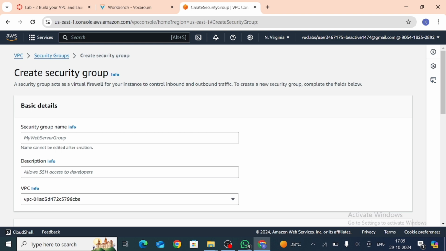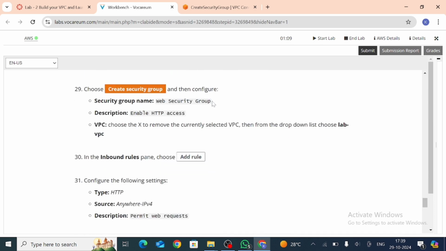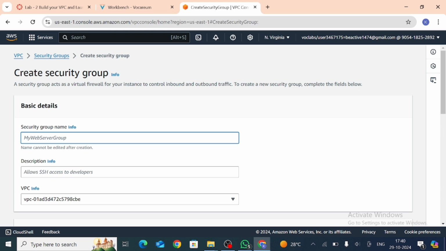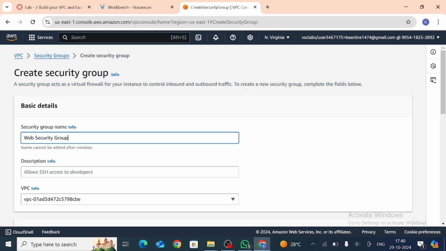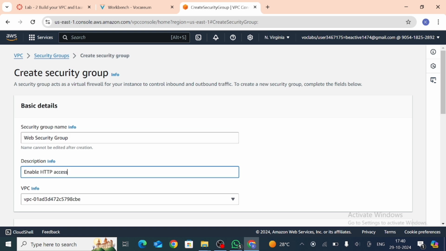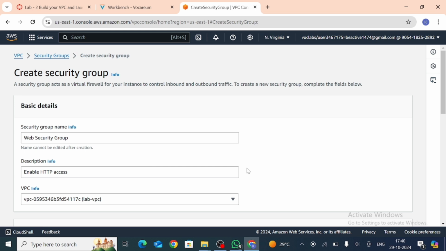Now here write the security group name. So go back to the workbench. So here is the security name. So just copy the name, Control C, go here, Control V. Description, go back here, copy the description, Control C, and here Control V, and this VPC, from this select this lab VPC,